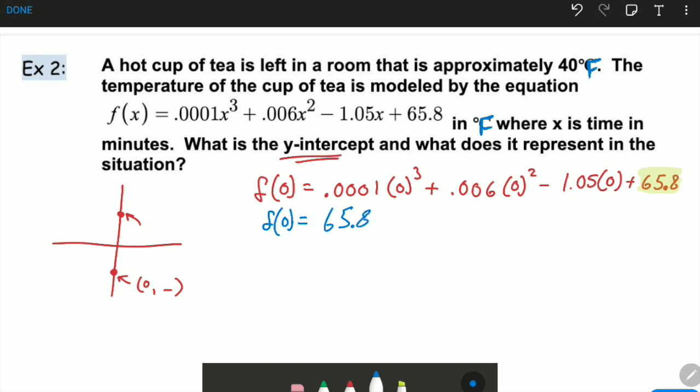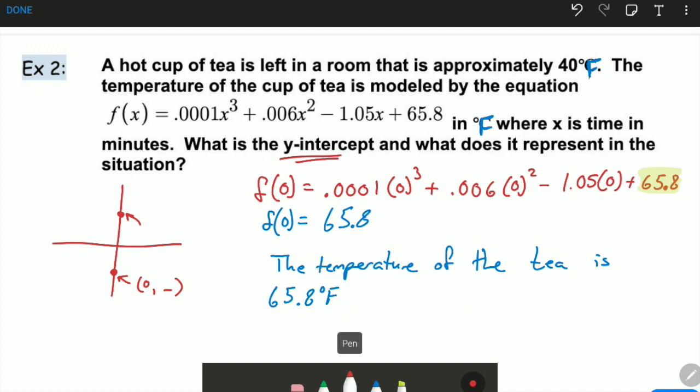65.8. To describe what this represents in this situation, just think about the units. Well, the y value represents the temperature of the cup of tea, as quoted there. So this would say the temperature of the tea is 65.8 degrees Fahrenheit. And as far as what the variable x represents, because remember, any set of data points for